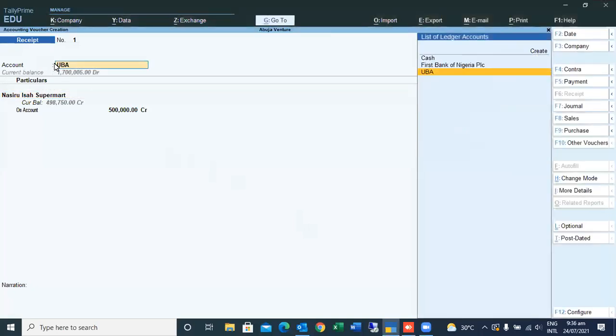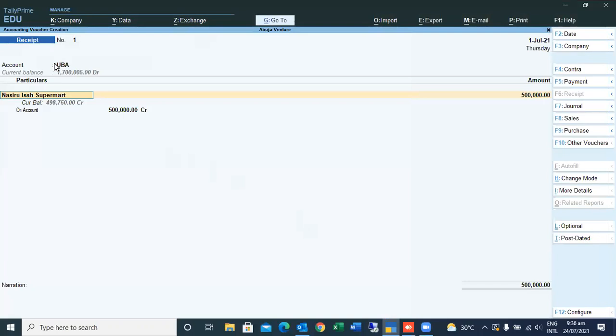Okay. So we receive the payment in UBA. Let's assume we are passing a payment of 500 from Nasiru Supermarket. So this is Nasiru. You enter the 500. From that, we use it to knock off that particular